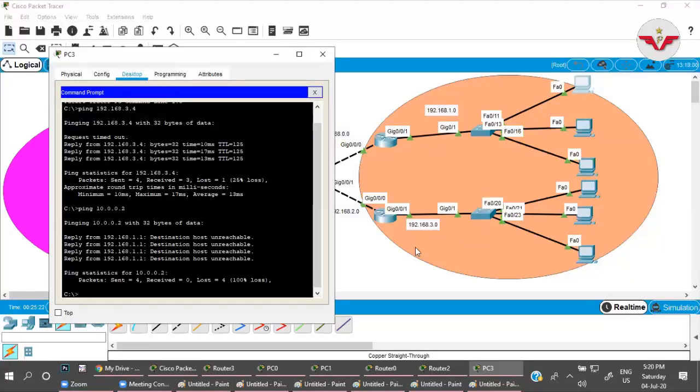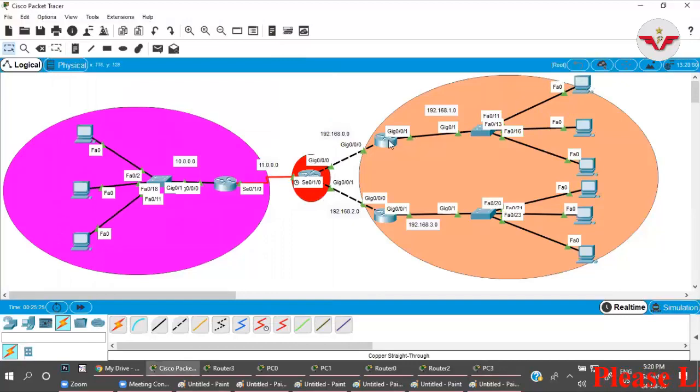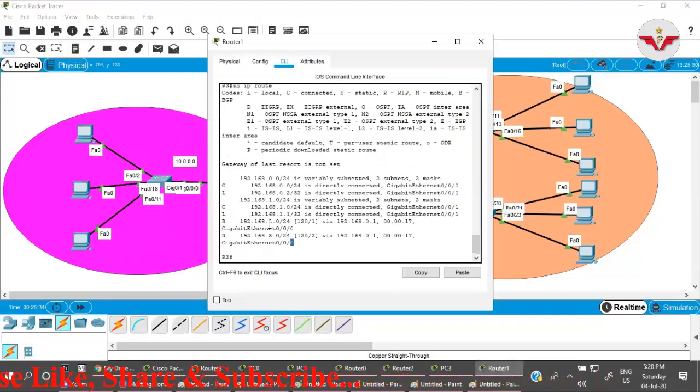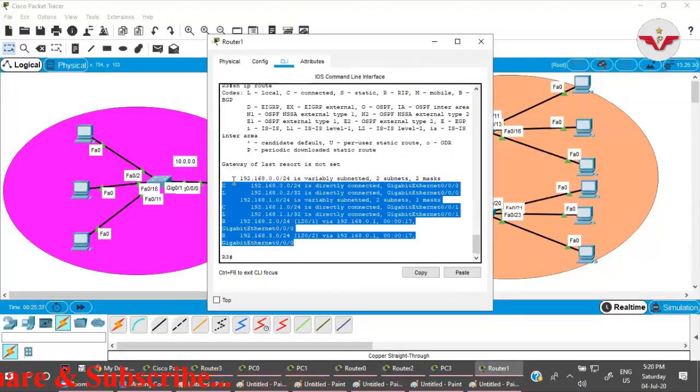Who is 1.1? This is 1.0. This router is informing that it does not have any information about that particular network, right? And that router also has no entry about any other networks in its routing table. That is why this router is sending the information that the destination you are trying to reach is unreachable. Done. Now for that, what do we have to do?